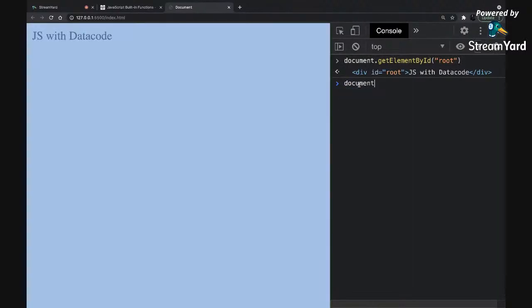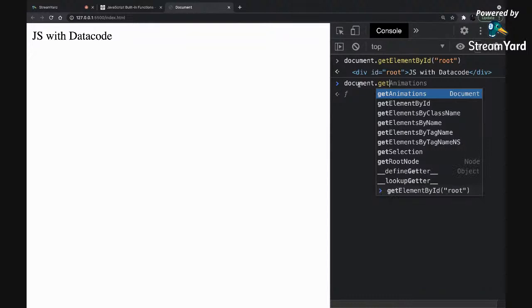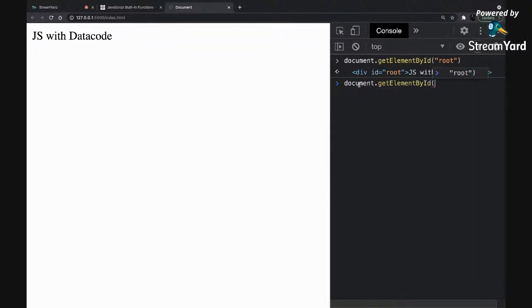So if I say document.getElementById root, then let's say I decide I don't want it to be this. I say the HTML inside this should be hello there.